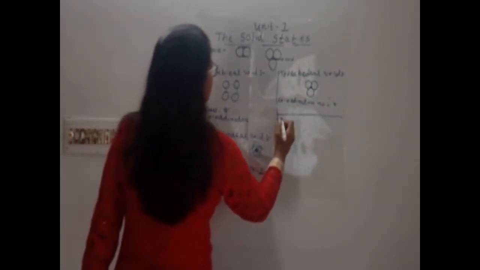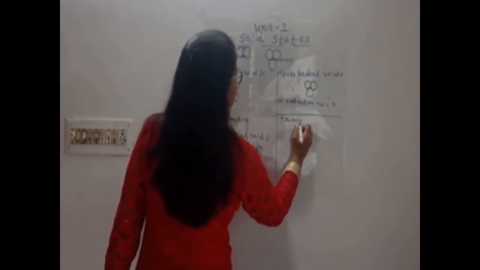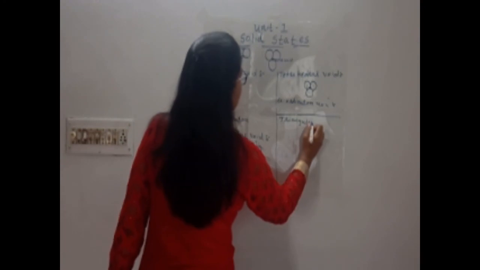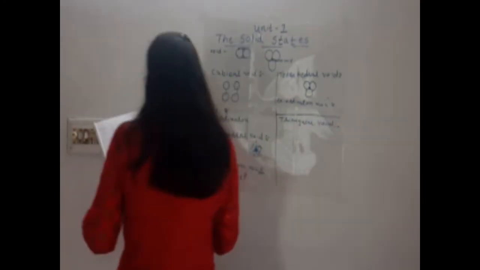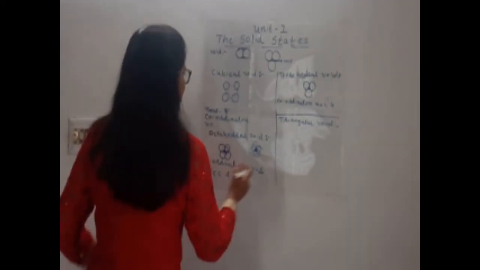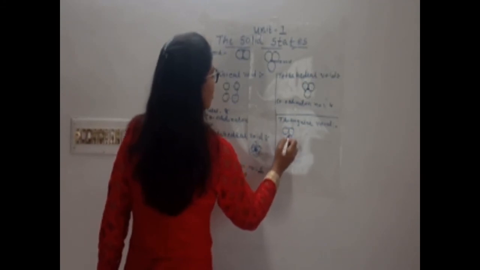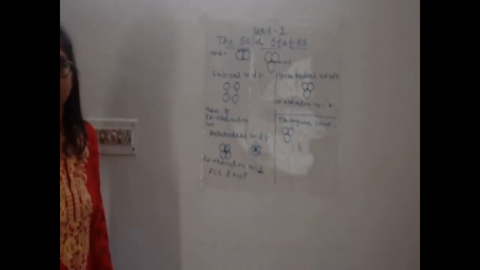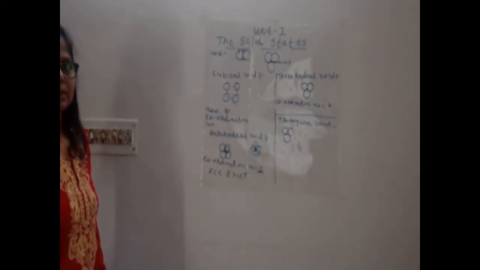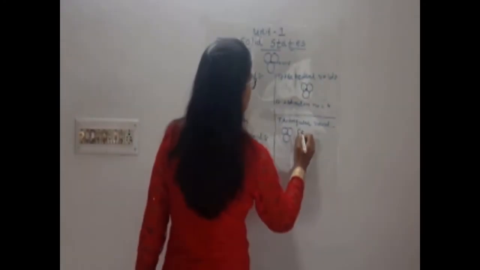Now the last one is the triangular void. Now how is the triangular void developing? In the triangular void, 3 unit cells are closer to one another. So here the coordination number